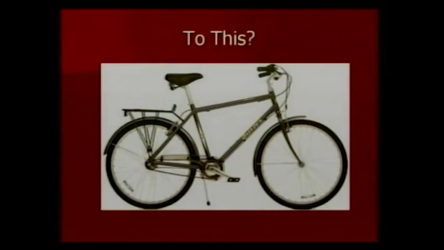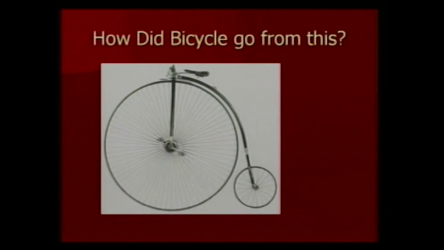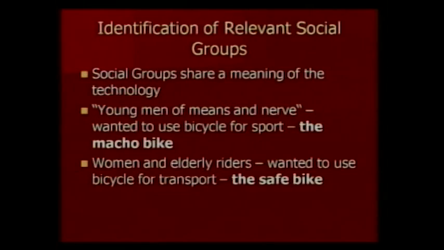Let's go back to look at what the bike is. That bike there, you see you're high up there. It's dead easy to fall off. You fall forward, it's called doing a header. Because the roads were not paved, you could hit a big stone and you'd do a header. So it's very dangerous, these bikes, and you're very high up there. And they don't have bicycle helmets or anything like that back then, of course. So this bike was used, we argue, by young men of means and nerve to show off.